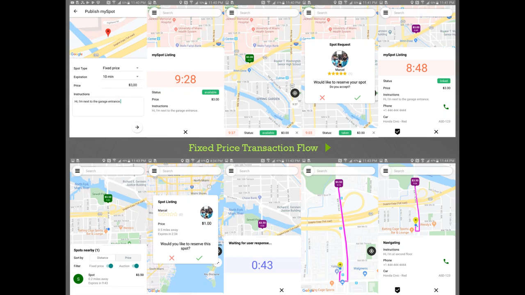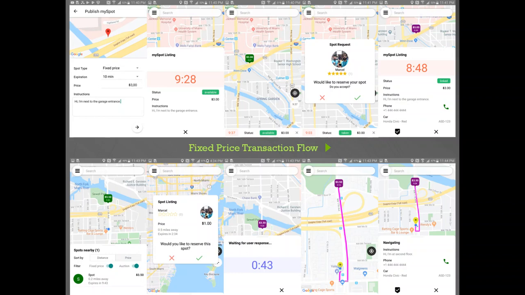So here's some screens. This is the main flow of transaction. On the top, you can see what will be the flow for a provider. They first publish their spot, they put their information, and so on, and they have this kind of interface which shows the time they have and the status of the transaction as well as the price. On the bottom, you can see the consumer part. They can see the spot that the provider shared, and they can see the rating and so on, and they can go further and engage in the transaction.